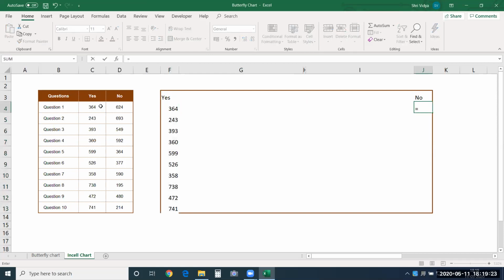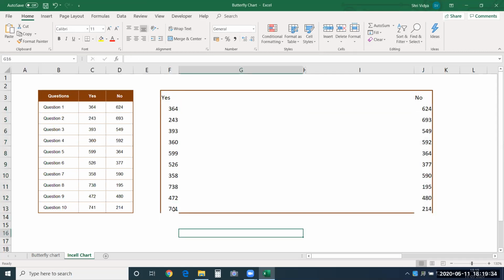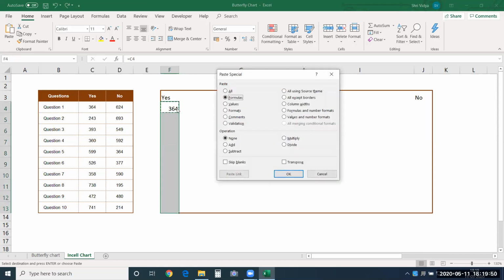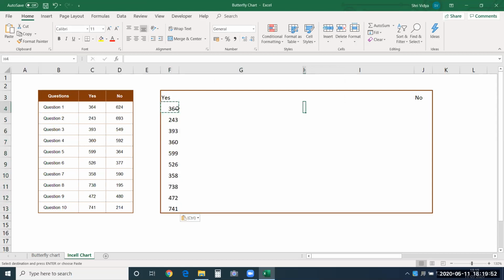And over here, I'll choose no. I'll copy paste the values. The format is being removed. So I'll just copy paste it this way. If I say Control D, it is removing the formatting. I'll just say paste as formulas, just to retain the border, that's all.